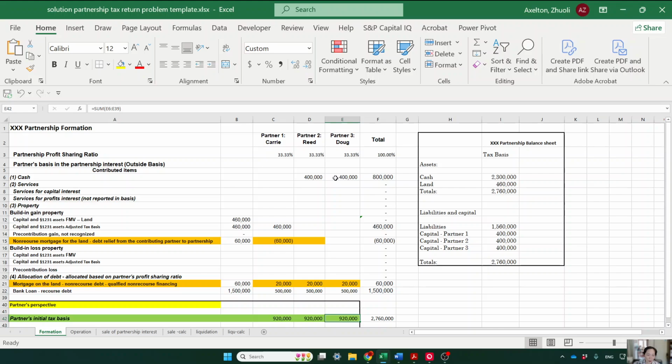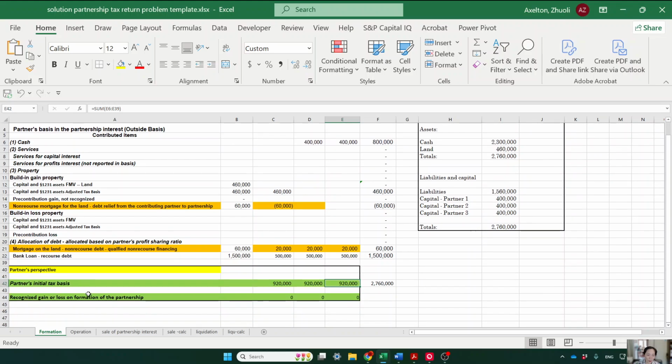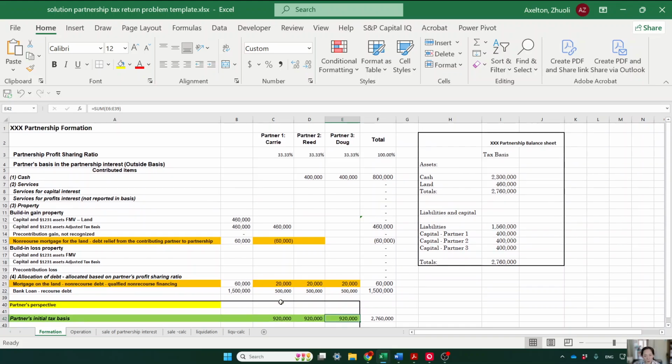First thing we want to see is really there's no gain or loss recognized on the formation of the partnership. That's a general rule of thumb. And the outside basis is composed of 4 different types of items: cash, services, property, as well as a debt assumed by the partner. So in this case, we're looking at a